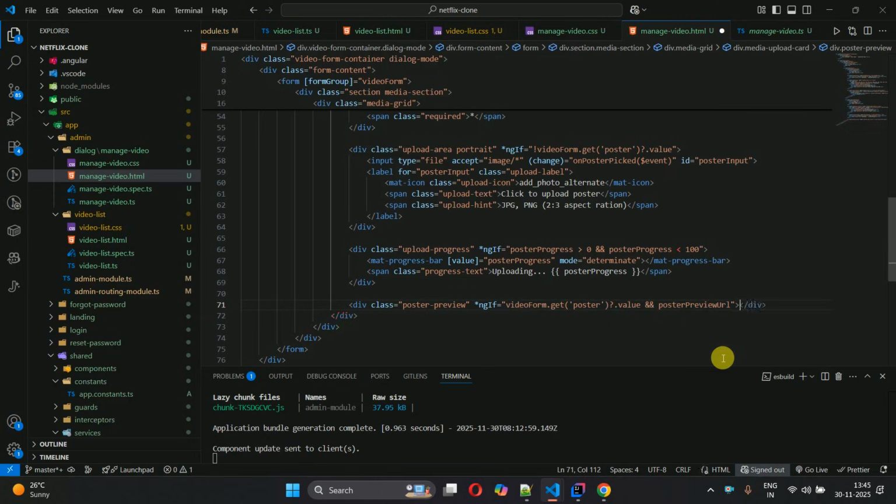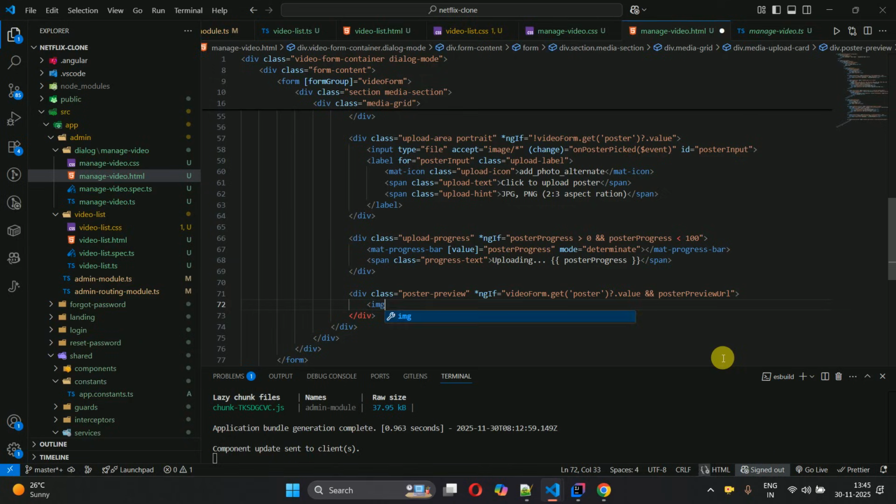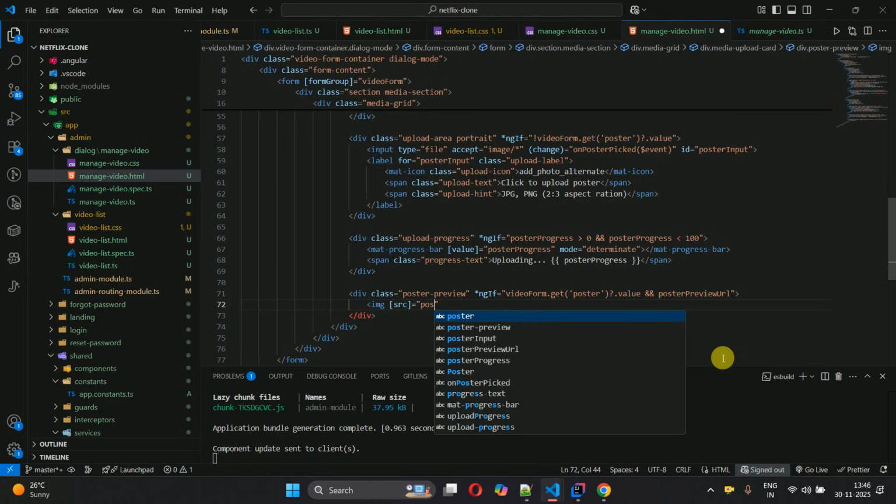In that case, we are going to show this section, image src, the posterPreviewUrl, and alt we are going to just show like poster,